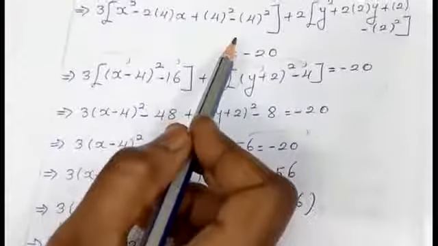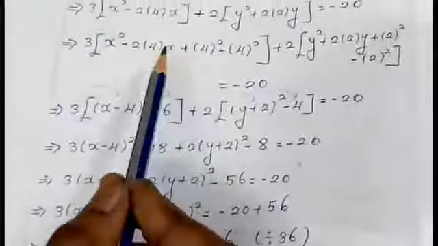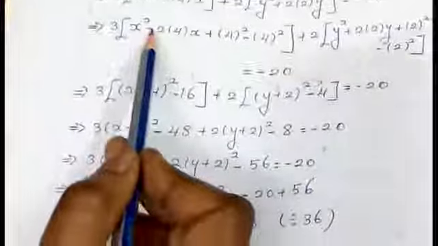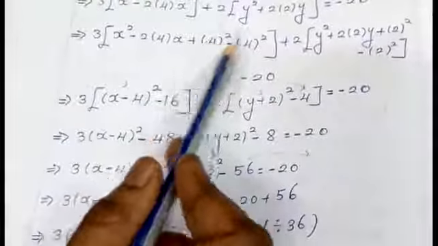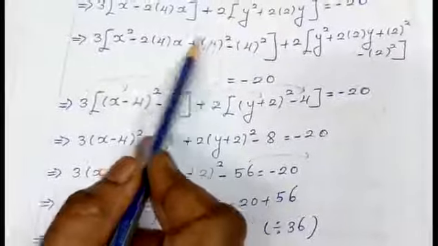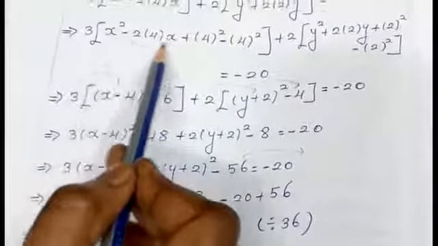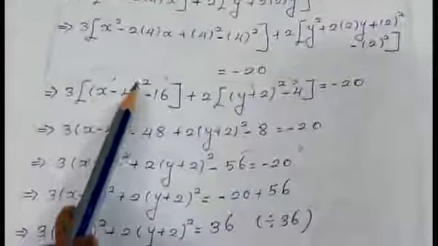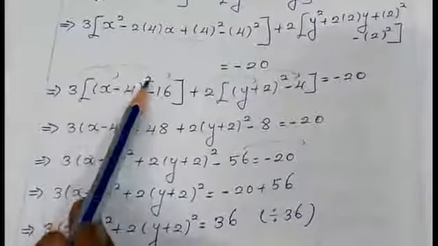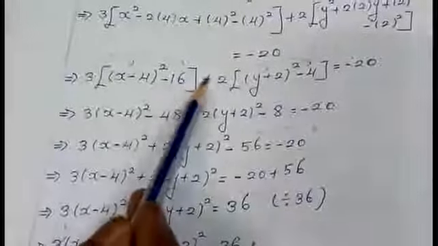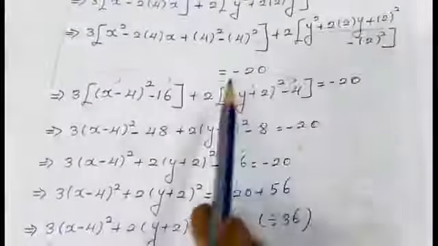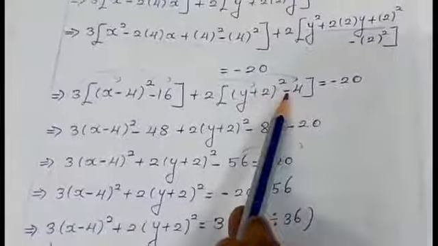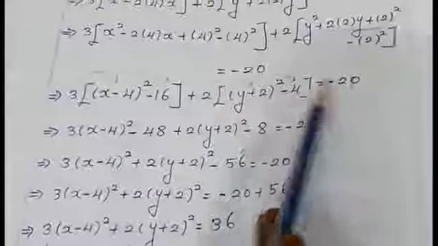Now what we are going to do is, I am seeing this middle term, students, and you are going to take only the positive value. In plus or minus, you are going to take only the positive value. If you combine all these three, you will get x minus 4 the whole square, that is a minus b the whole square. Minus 4 square can be written as minus 16, plus 2 into all these three values combined together, y plus 2 the whole square minus 4 equal to minus 20.